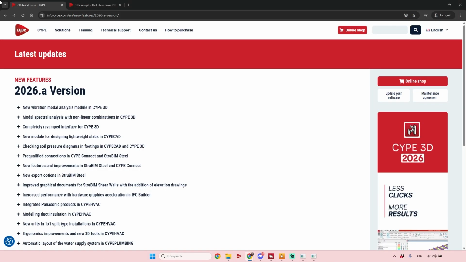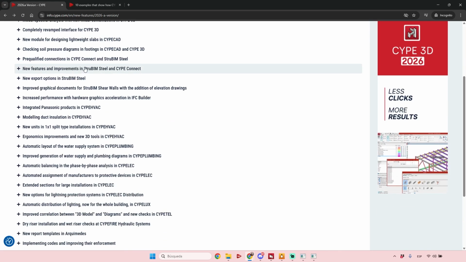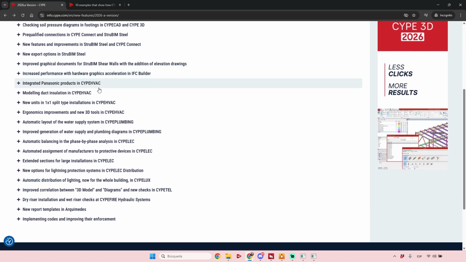During this presentation, you saw a little bit why we defined the slogan of this version as "more in less time." There are a lot of changes where you don't have to do all the clicks that were necessary in the past version. You have a lot of features that are more accessible, and there are improvements in the way things are generated. And I think here, when we talk about installation, one of the most powerful features of this version is